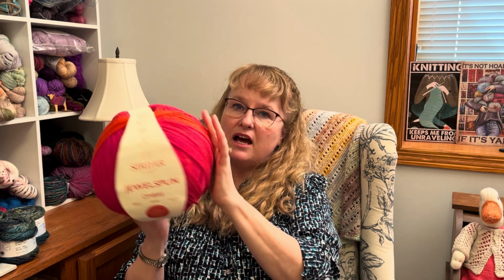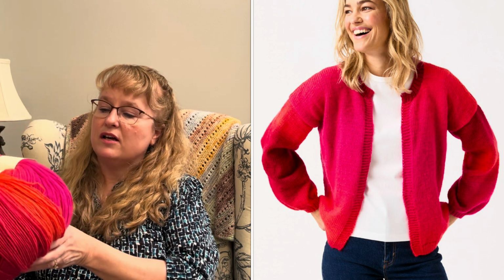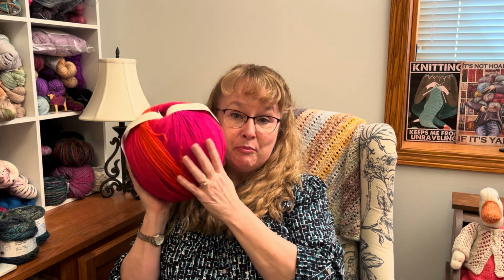And I saw several patterns, which I'm going to include some of as photos here, with sweaters and cardigans, and I just thought this yarn was so pretty. I mean, it just glows. So there's some fuchsia, there's some coral. It just transitions from all of these different glowing colors. I don't know if I said what it is called. It is called Crimson Sunset, and I think that name is perfect